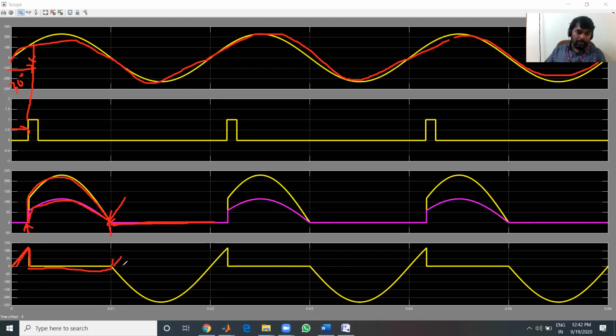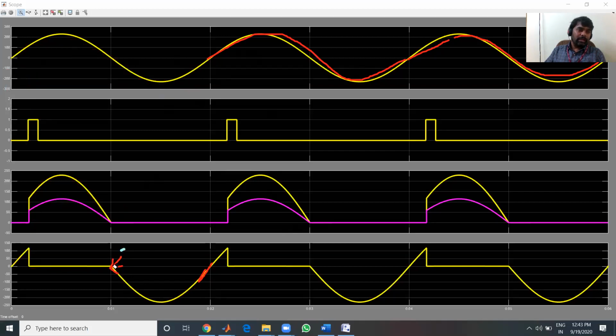And after omega t equal to pi, you are getting a negative half cycle. You can see here, this is the negative half cycle. Now, during the negative half cycle, the thyristor will be in reverse bias condition and it will be in off state. So the thyristor is subjected to reverse voltage. So you will get a reverse voltage across the thyristor, right? And the cycle keeps on repeating. This is about the single phase half wave rectifier with resistive load at alpha equal 30 degrees.